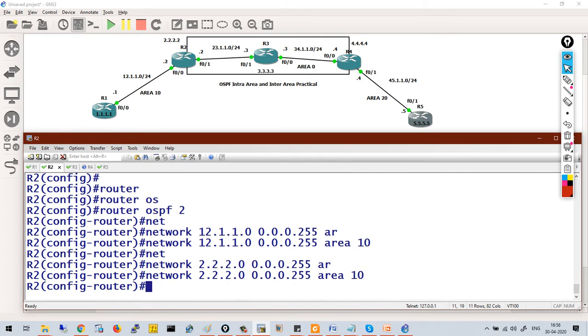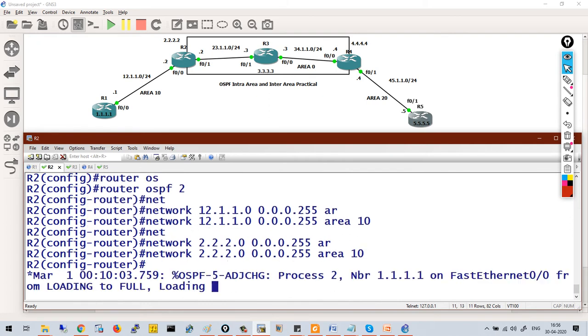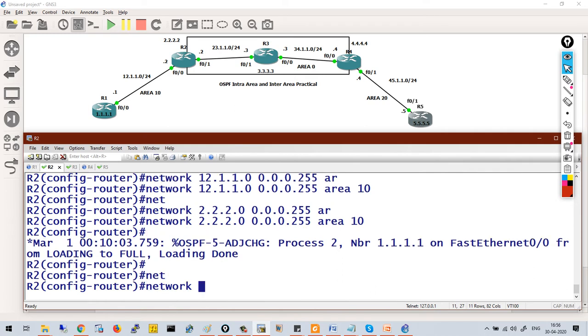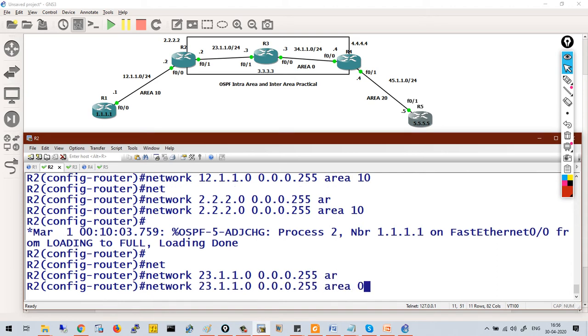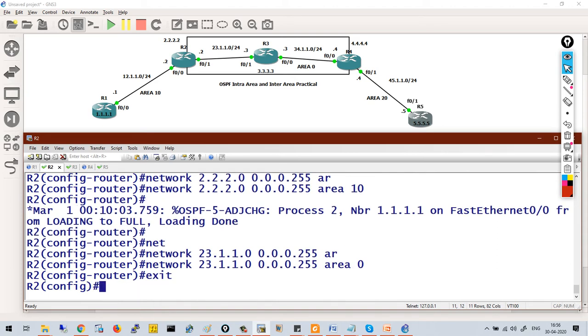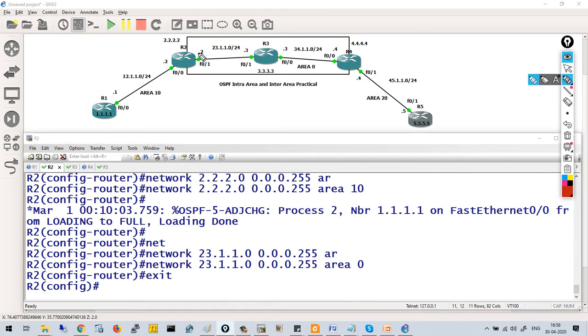As I told you, the loopback of R2 will be advertised in area 10. And the last network is 23.1.1.0 0.0.0.255, the wildcard mask for slash 24, area 0. So this leg of R2 is in area 0, while the other leg and the loopback network are members of area 10.